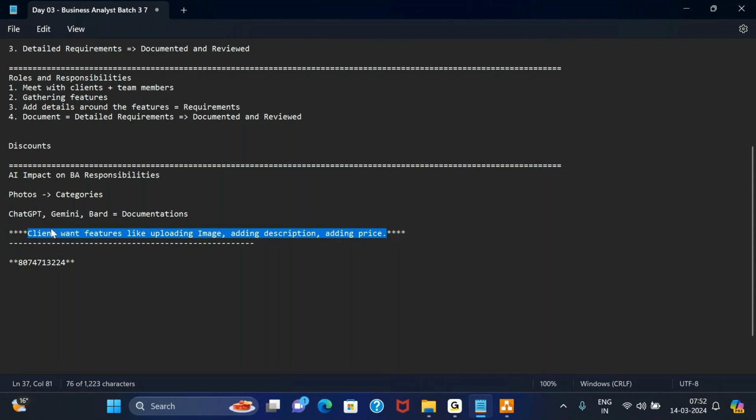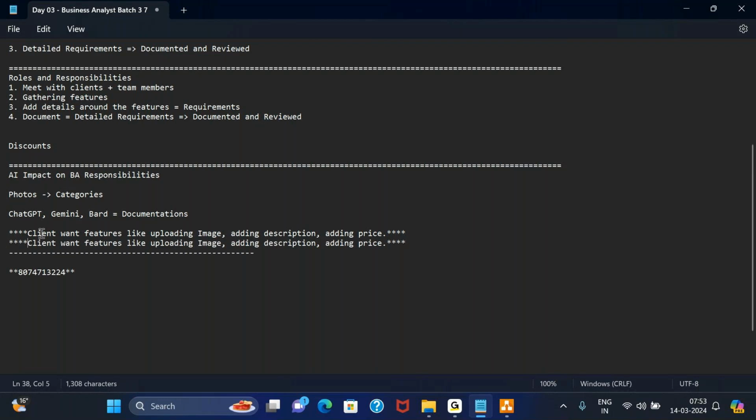So when I say, see, the client wants features like uploading all this, I'm kind of generalizing this statement. Now consider this statement: I am creating a requirement document for Domino's.